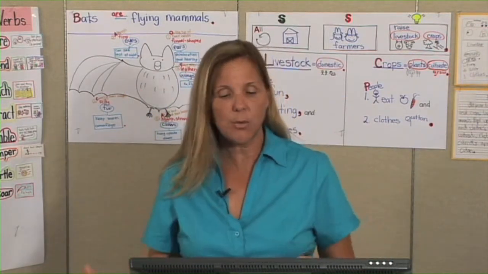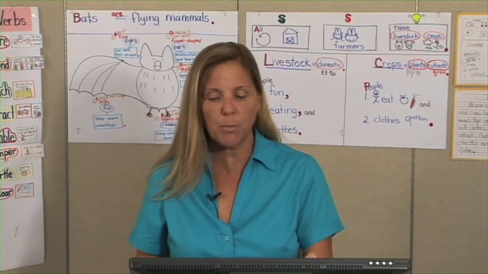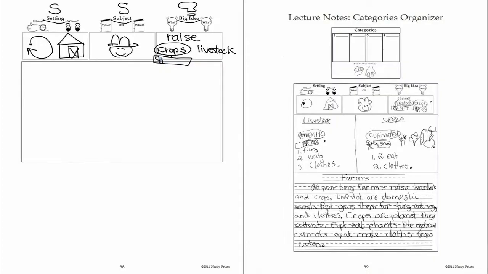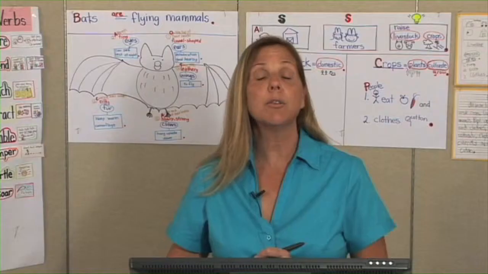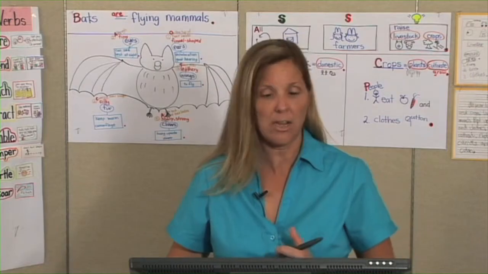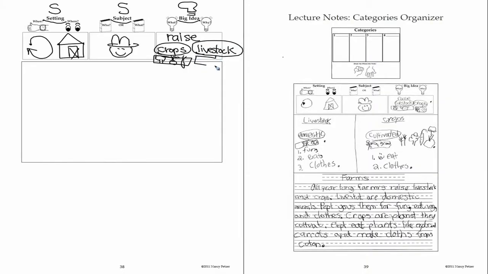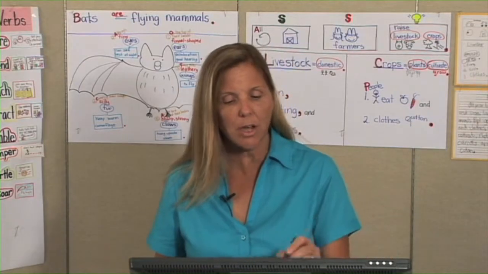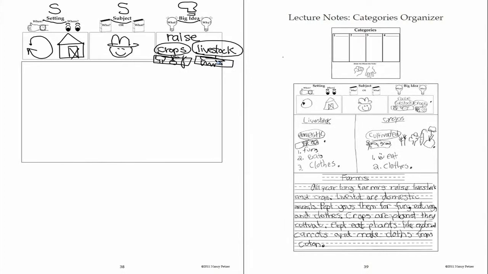They turn around, they say it to each other, and then usually in the drop box, what I'm going to put here is either a simple icon or keywords. So crops, maybe what I'll do is I'll draw like a apple tree, and then over here, maybe I'll draw some potatoes. And maybe I'll draw a potato out of the ground and a carrot. So I know that they could be fruits, vegetables that they grow in a big field. Livestock. They raise livestock too. Oh, livestock. Those are different types of animals. Oh, okay, so livestock is animals. You know what? I'm going to put just a little animal here, a pretend animal.